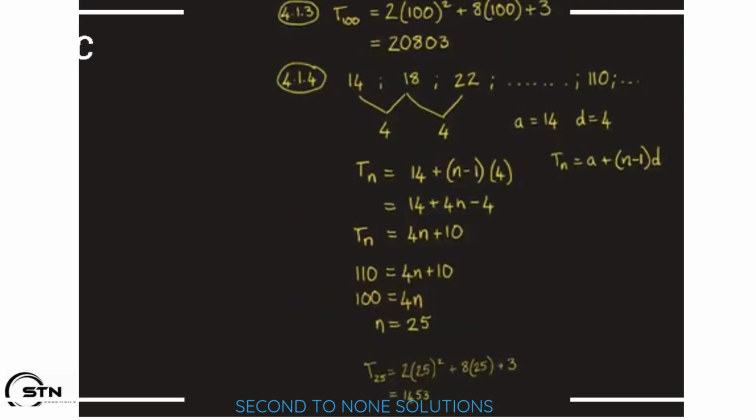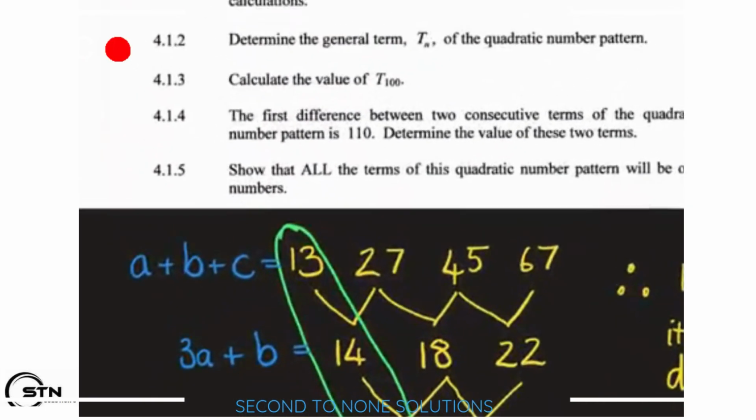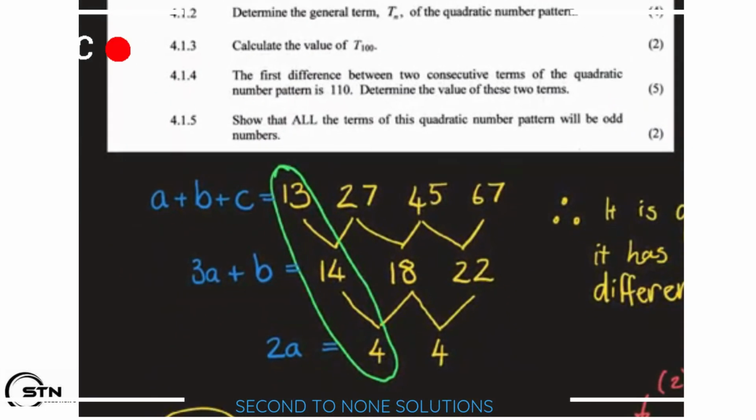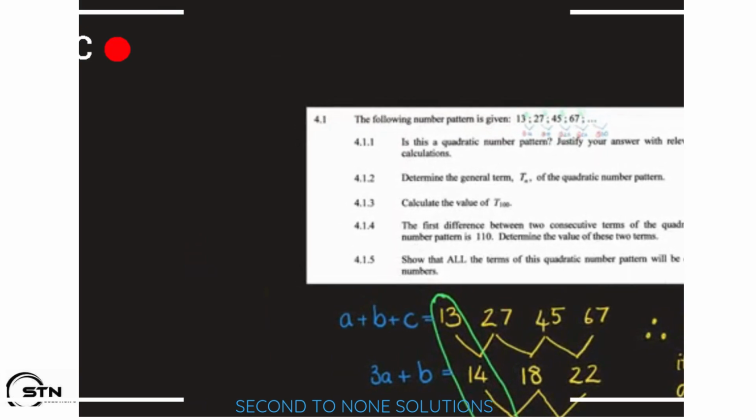This last bit of this question, and this has gone on for a while, I'm sorry, but anyway, let's read this last bit of this question. It says, show that all the terms of this quadratic number pattern will be odd numbers. There are a variety of different ways we can do that, and I'm only going to do one of them. So 4.1.5,